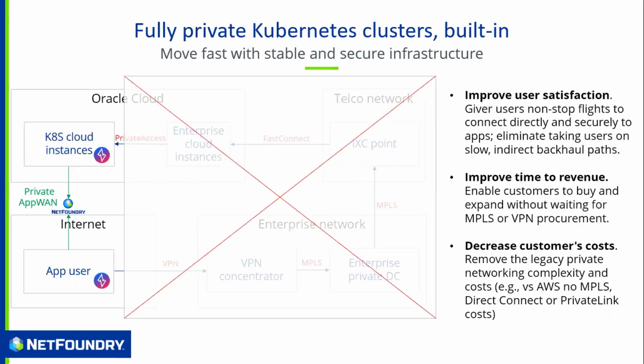We can literally inject it into your browser, so it's completely frictionless. And this effectively enables us to have fully private Kubernetes run on OKE, OCI, and to have it built in by design, running in the application, in the cluster, in the VCN, so that we don't have to deploy VPNs, jump servers, data diodes, private APNs, all of the traditional private networking solutions, maybe even a firewall. You possibly don't even know that. And this enables us to give better user satisfaction, improve time to revenue when developing the new application, decrease cost, and massively increase security.